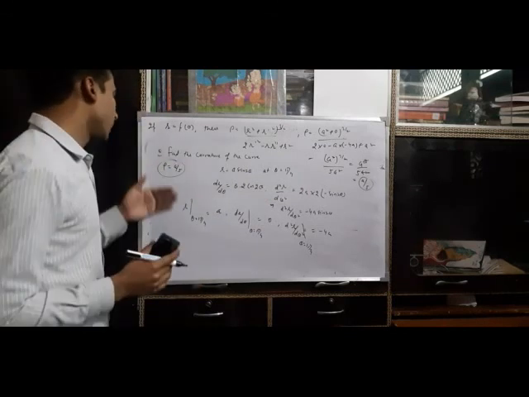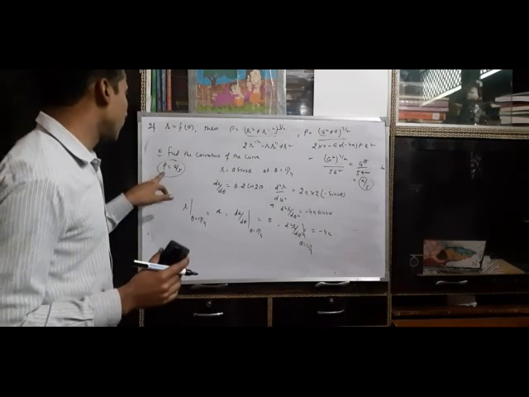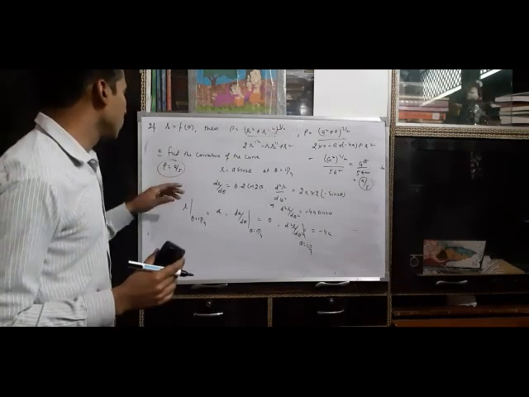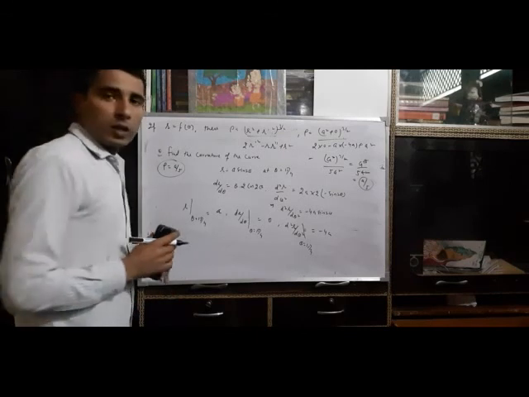So using this, when we replace this by 1 by rho, which means curvature, it will give you the value of curvature. And thanks to you for